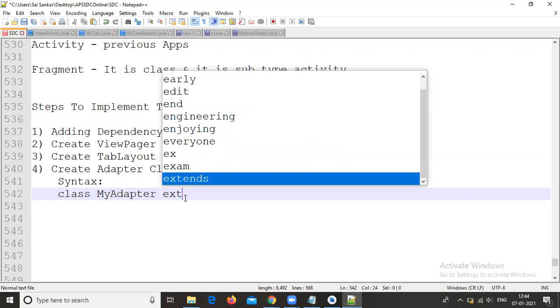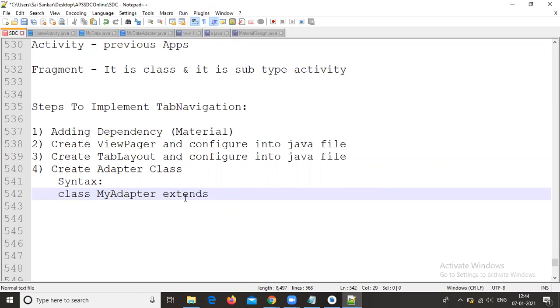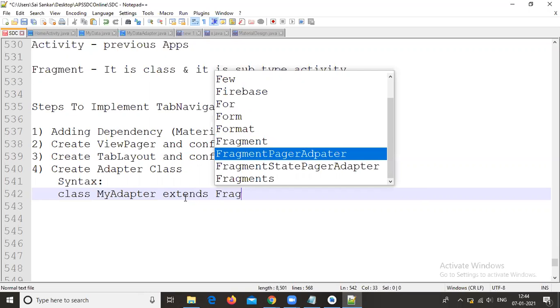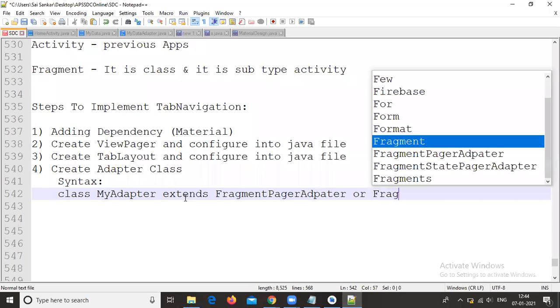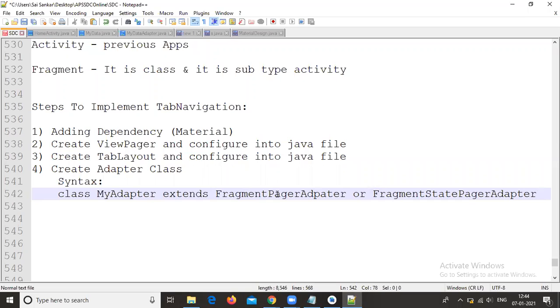This class should extend either FragmentPagerAdapter or FragmentStatePagerAdapter. You can use either one, and the functionality is common.